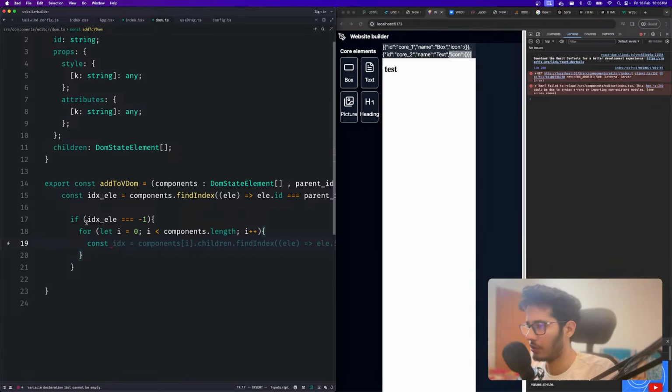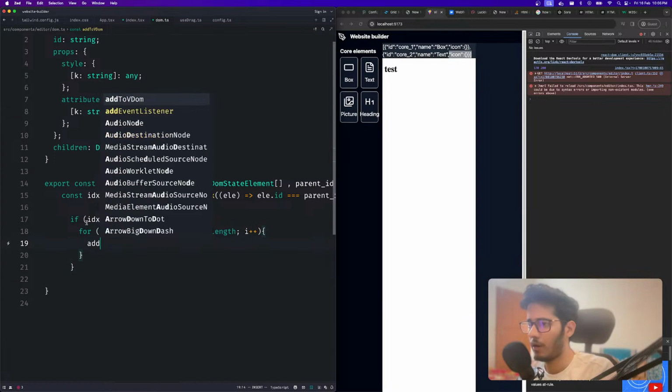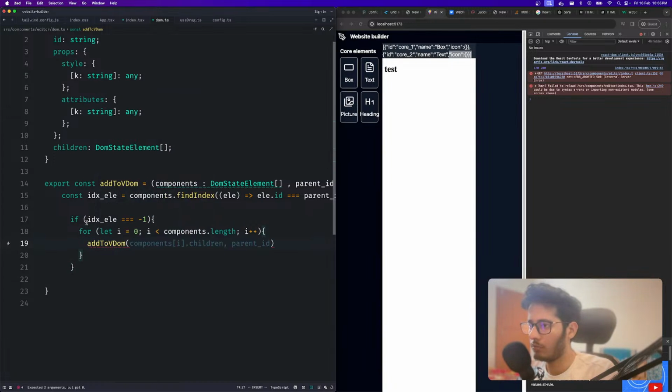What do you mean by index, bro? This is not what I want to do. I want to add to vdom, yeah, parent id. So it will go into its parent, and it will go into its parent, and so on. And if it could find it, right, it will add it to that and return the components, I guess. No,